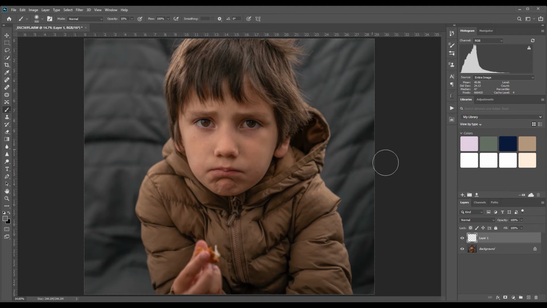No harsh shadows. So we're gonna get rid of anything that's a harsh shadow. We're just gonna paint it. I'm pressing I to get the eyedropper tool. I'm taking the color here from the light part of the background and painting that lighter color over the dark part with, oh yeah, 10% opacity